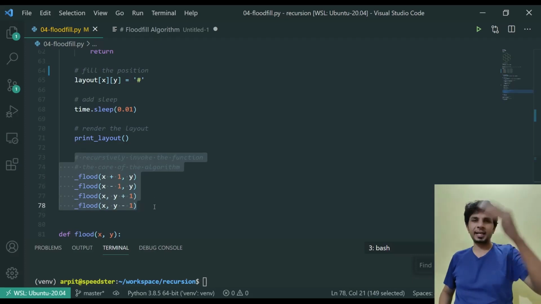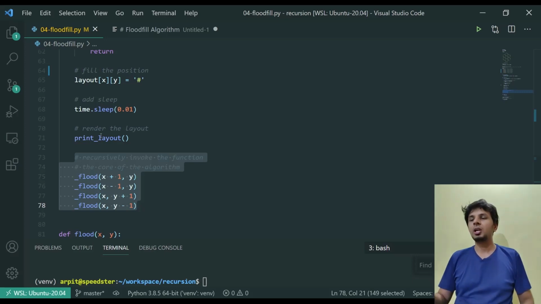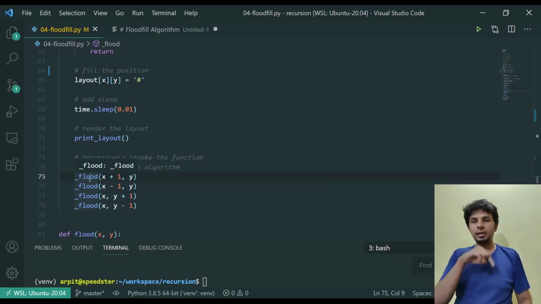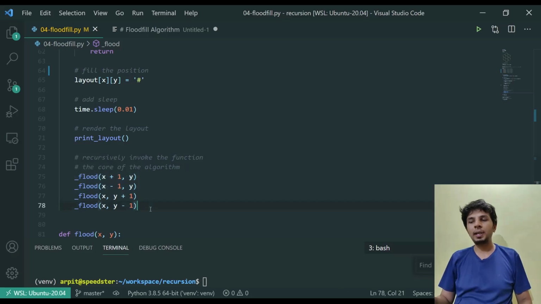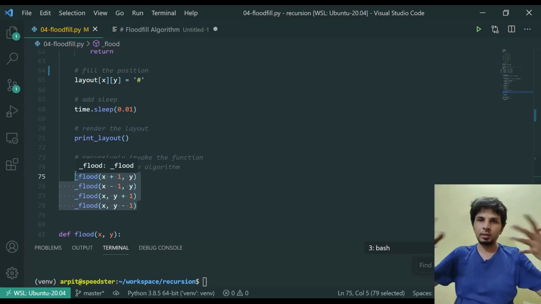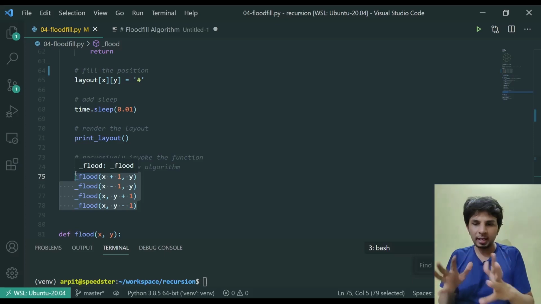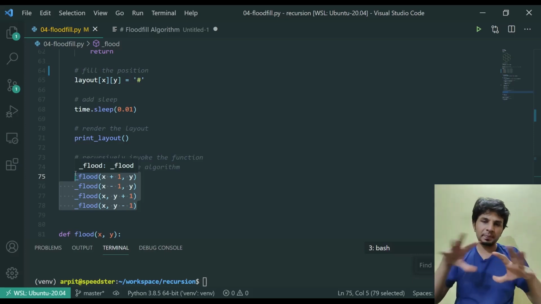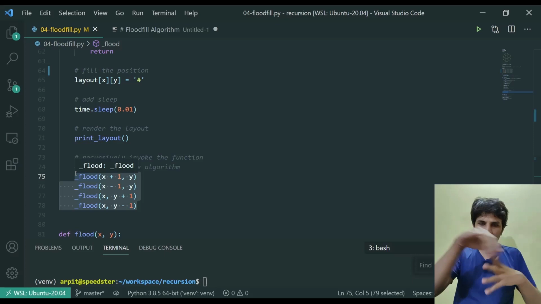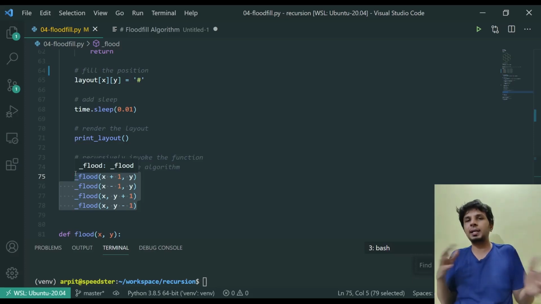And this is where the core of the algorithm is. After doing all the sanity checks, all the base conditions of recursion, we would also obviously call the function recursively. So I'm invoking underscore flood on its 4 neighbors. So one on the top, one on the bottom, one on the left, one on the right. This is the idea behind it. So I would be invoking the underscore flood function on 4 neighbors, which then would invoke the function onto their neighbors and their neighbors, and this way we would be covering all the space within the given boundary. Basically all the space within the given shape defined by a certain boundary.